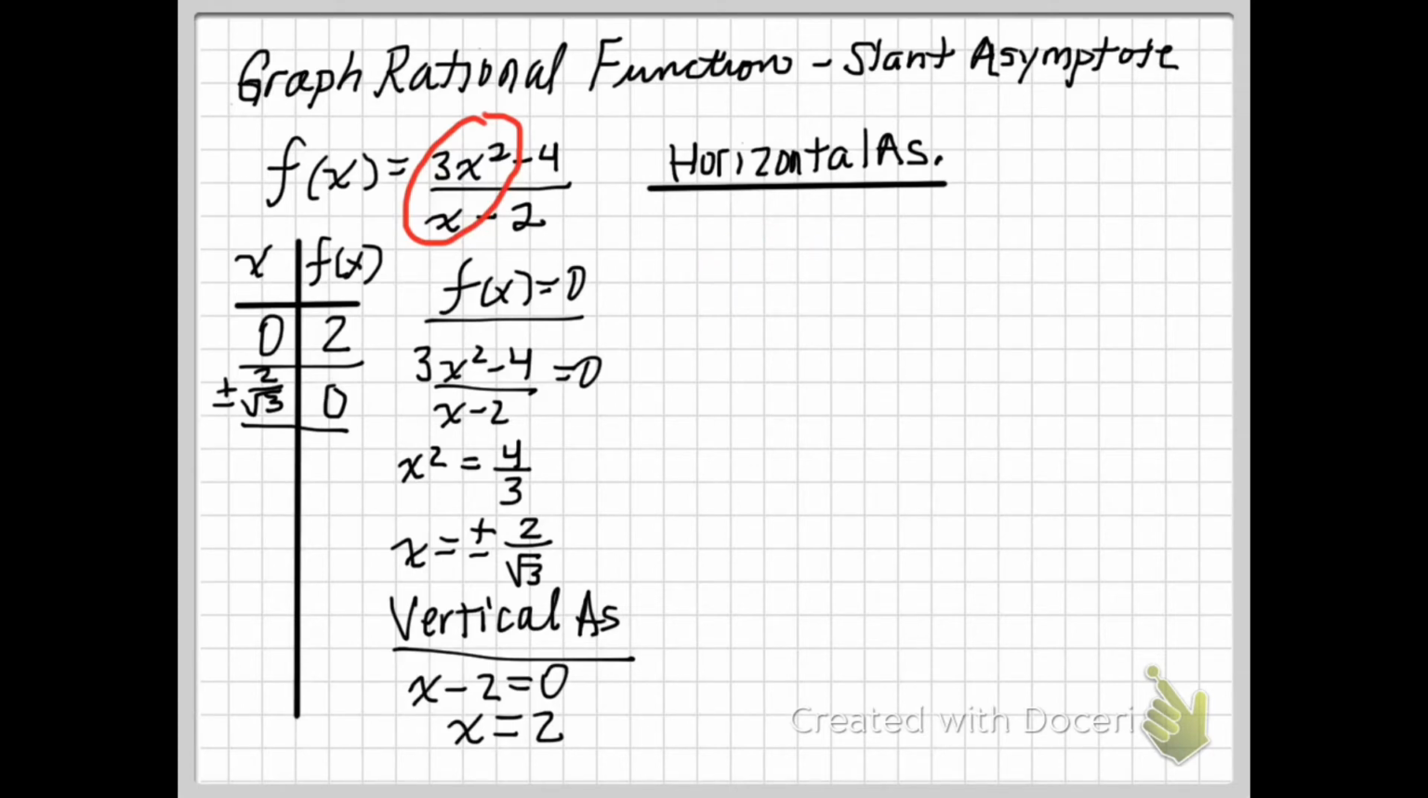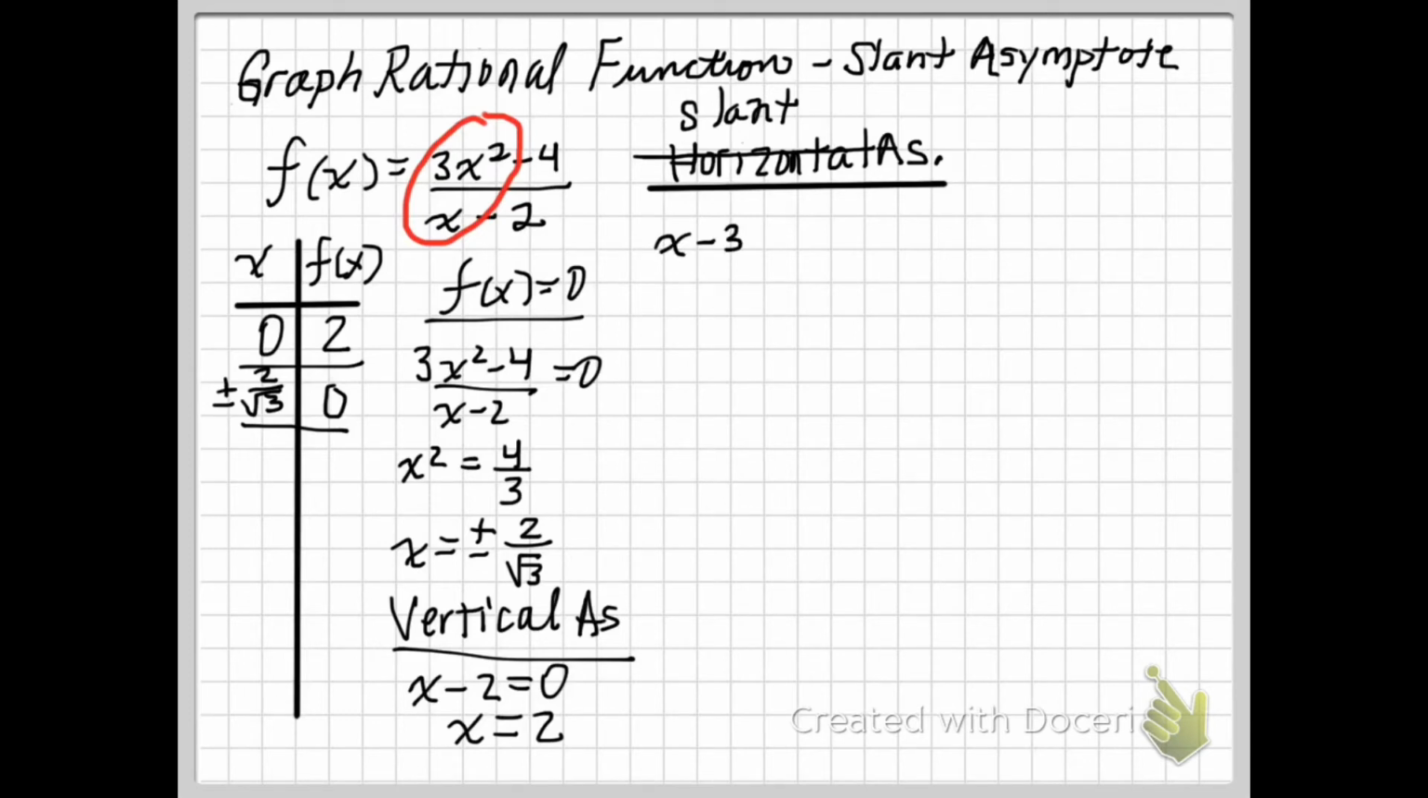What we have here is the degree of the numerator is greater than the degree of the denominator, by a unit of 1. And that's important, that it has to be greater by 1 unit. So what that is going to get us is a slant asymptote. So we're not looking for a horizontal asymptote, we're looking for a slant asymptote. And we find the slant asymptote by dividing the